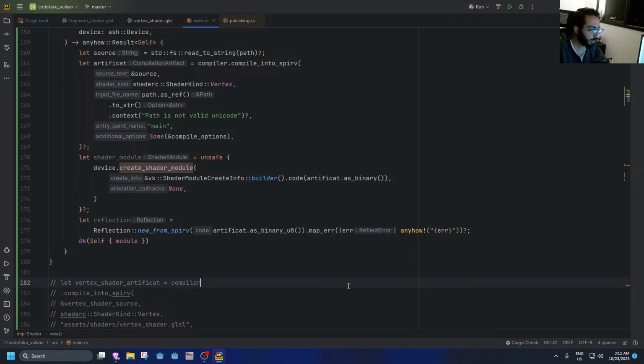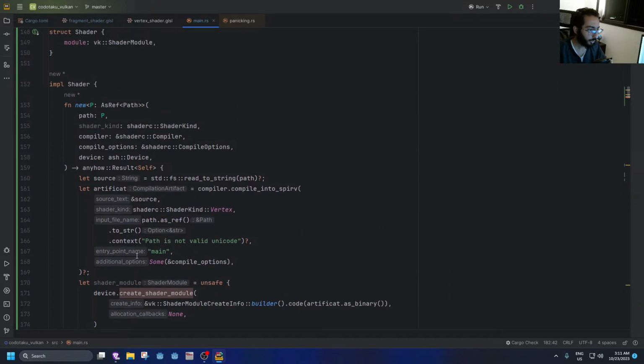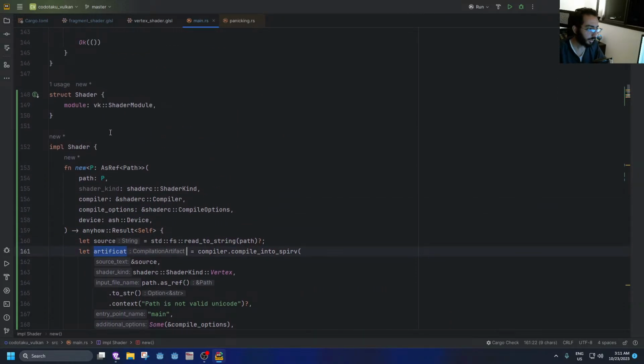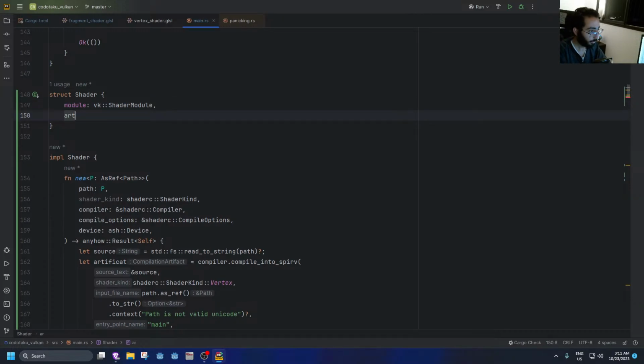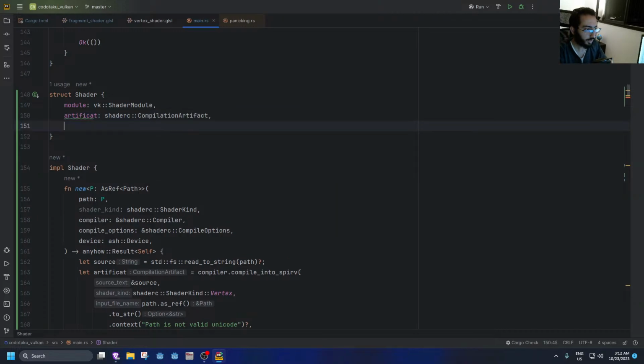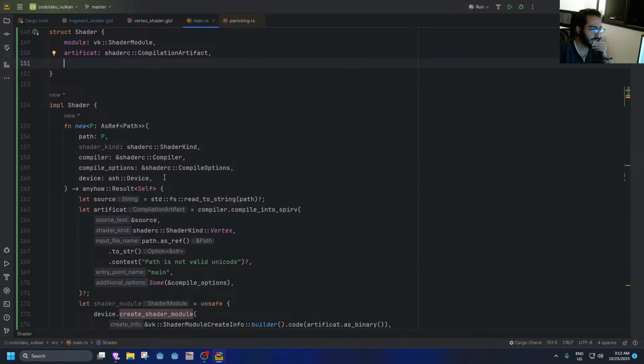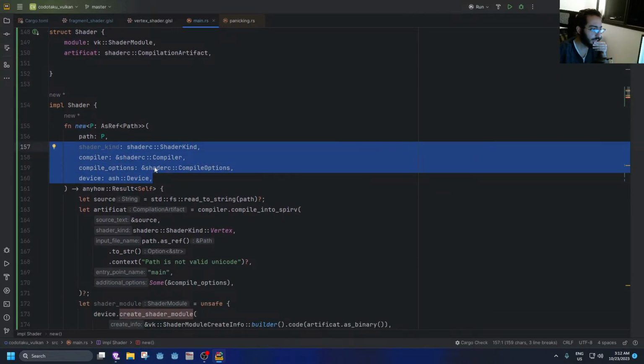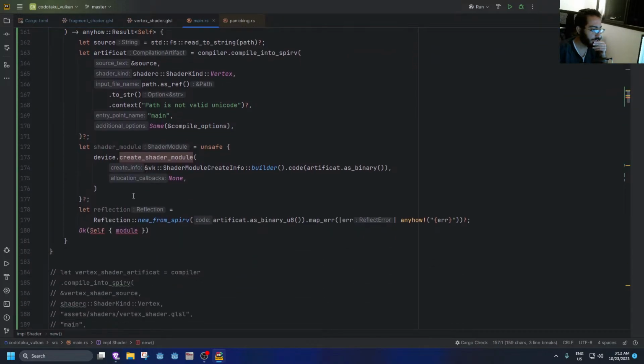There you go. And we also want to store the artifact. So shaderc compilation artifact, and also we need what else? And honestly, since we have all these crazy properties, maybe we could put it in the struct. But anyways,